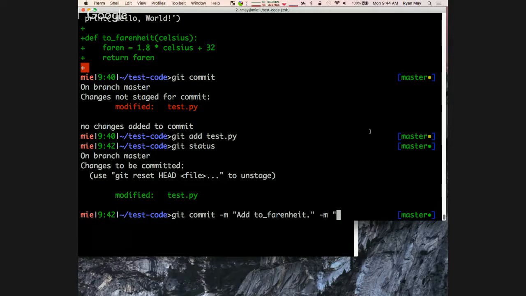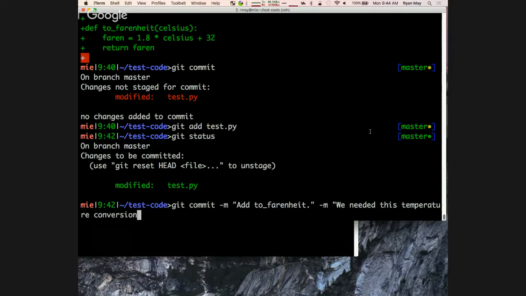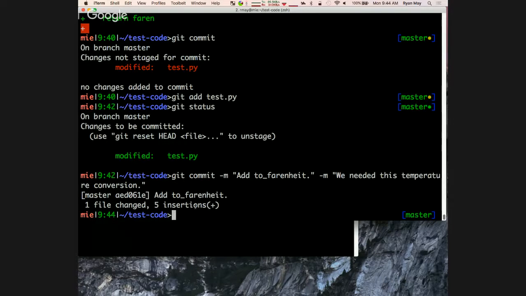Yes, it's misspelled. And then a second message here to give a little more rationale behind it, and I'll leave a note to myself saying we need to do this temperature conversion. So if I hit enter now with both those -m's, we've made the commit.